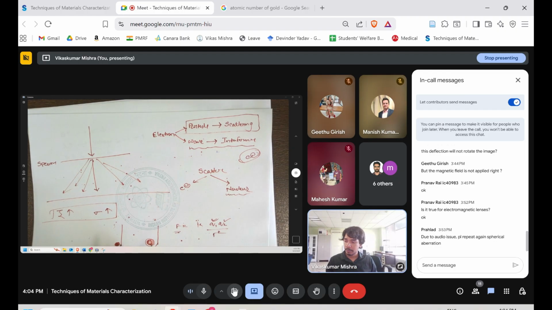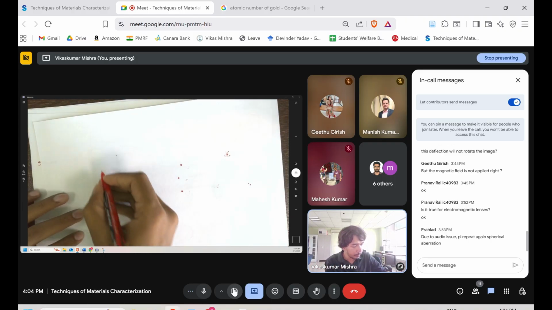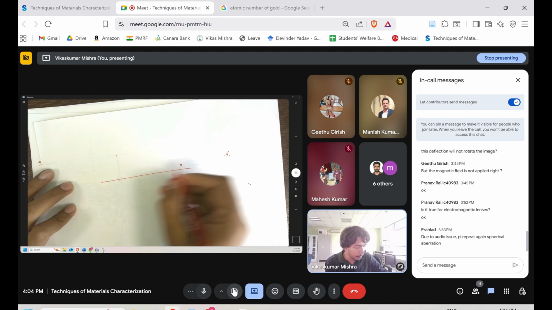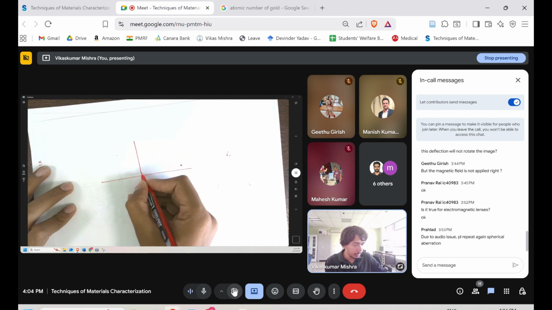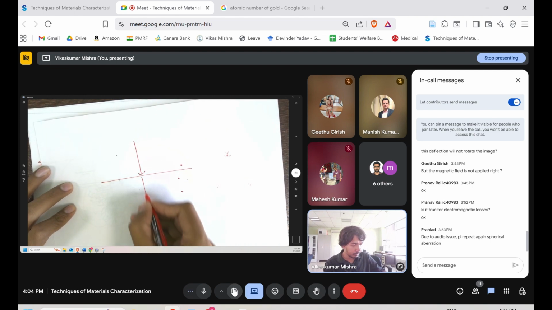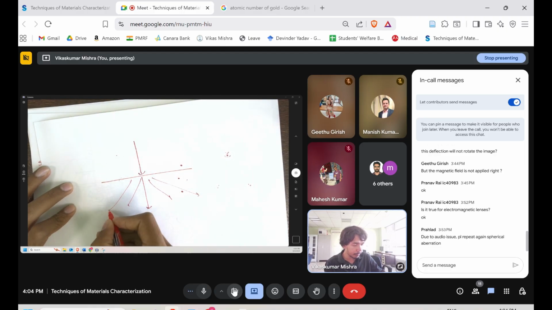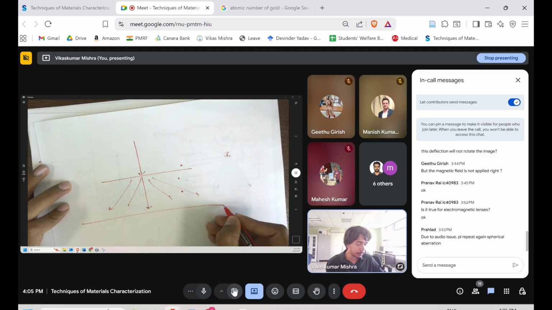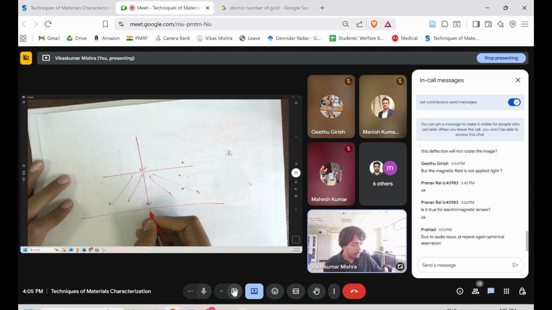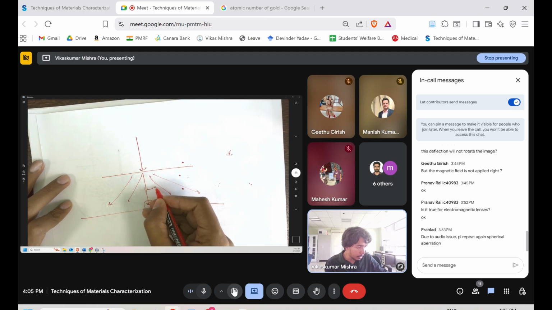Okay, I should take one more paper. Okay, I applied the electron, it is coming. Now the direct beam is there. Now the scattered beams are also there. Let's say right now the theta is 0. Here the theta is 0, and here the scattering is there. If I keep on increasing the theta,